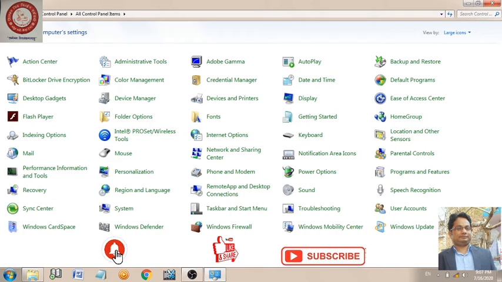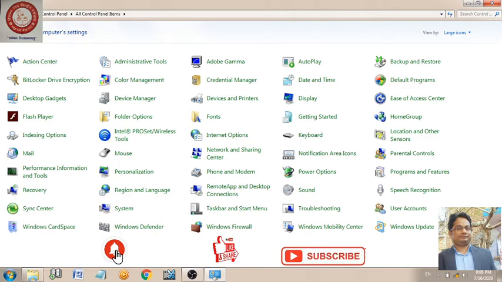Okay students, now we are going to understand about font setting. It means the particular way to change the font on the desktop or where you're writing your text in the applications. So if you see the interface of the control panel on my screen, you are able to see Action Center, Administrative Tools, Adobe Gamma, AutoPlay, Backup and Restore.